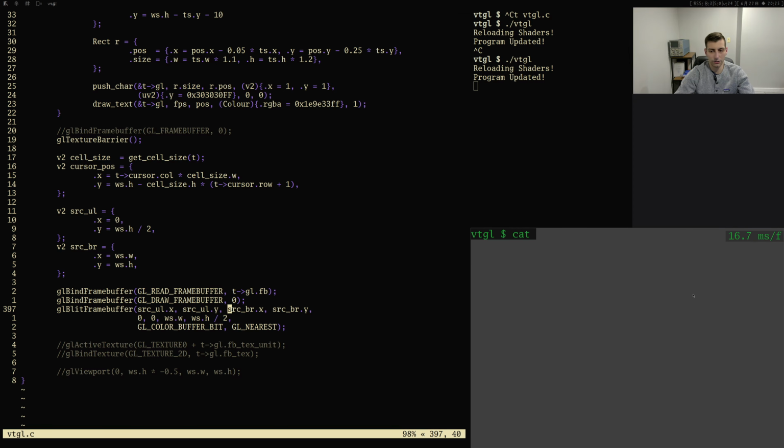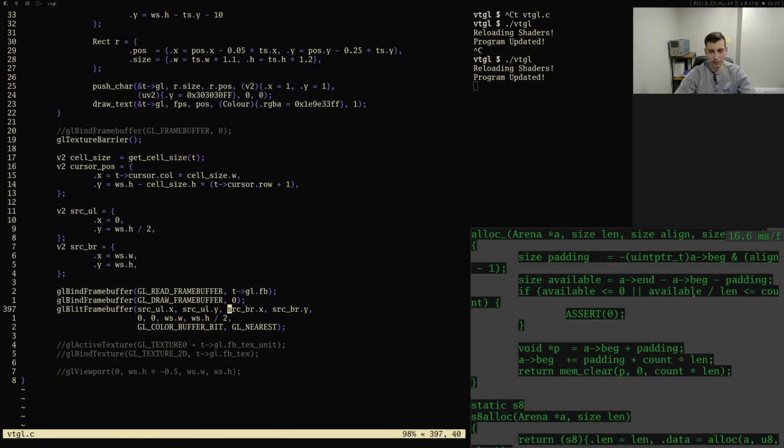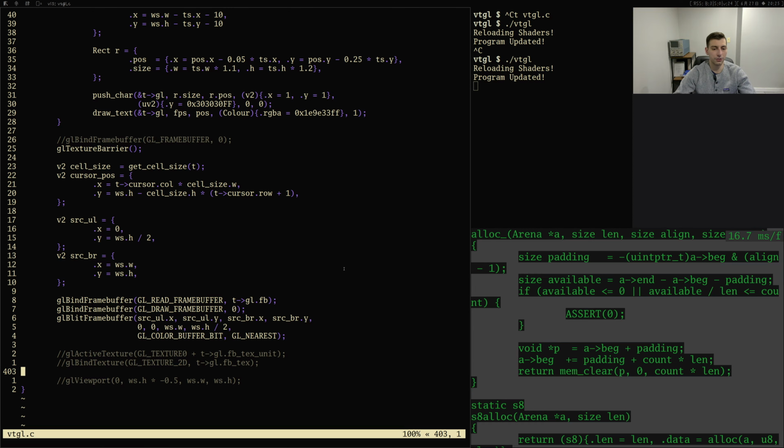So, okay, so now if we do cat util.c, and we want to get to the bottom, we have to do a... okay, so we now know the cursor position. And we want to blit from